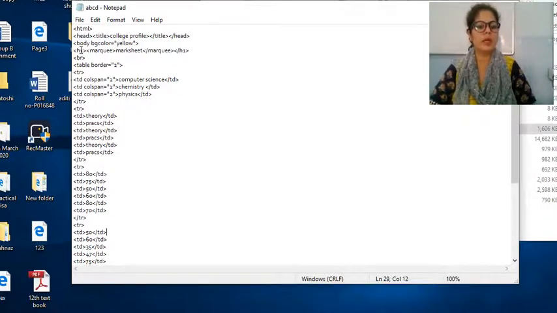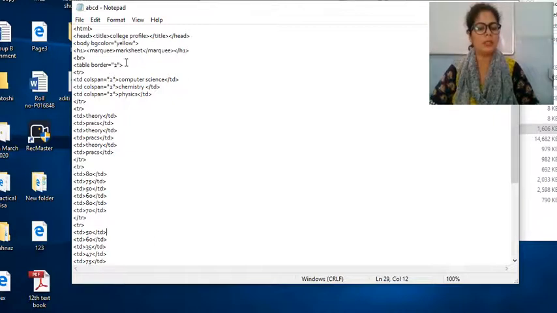Next is the H1 tag. In the heading tag, I have used the marquee tag. I told you that the text runs across the screen because of the marquee tag. In the marquee tag we want to display the text Mark Sheet, then close the marquee tag, close the heading tag, and then a break to end the line.